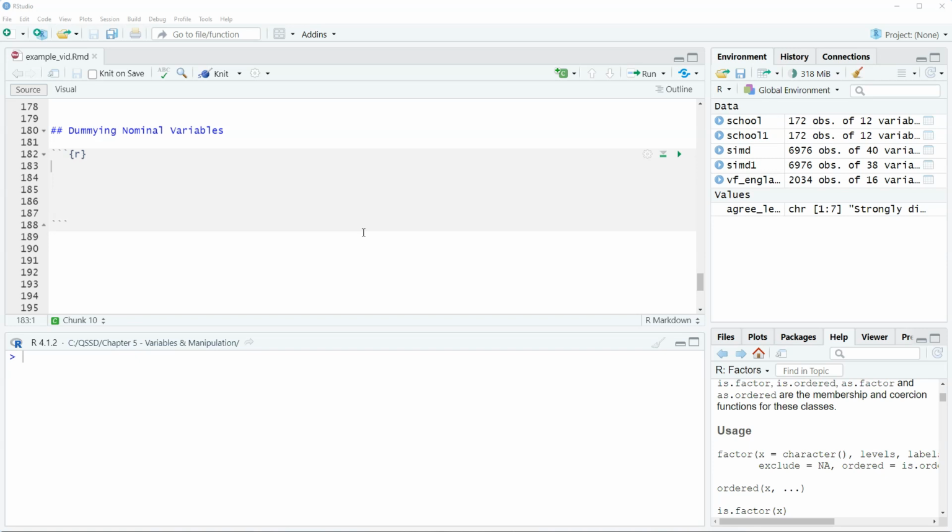The idea is we often, in social sciences, have nominal variables in multiple categories, and we want to use this variable in some type of analysis, say specifically a regression analysis, and what we want to do is dummy it out,